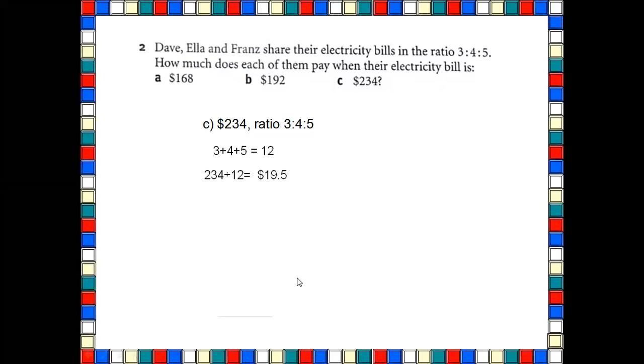Multiply them. Okay, the problem is that we don't have a pen that we can use for writing. Oh, okay, 97.5. And then we multiply, so Franz gets $97.5. Yes. Then we multiply 19.5 times 4. Yes. We get